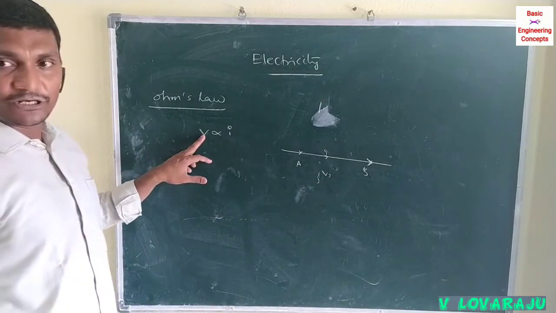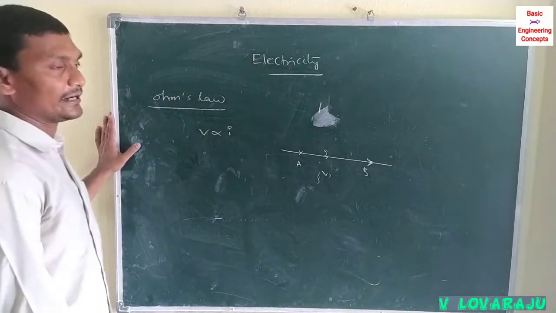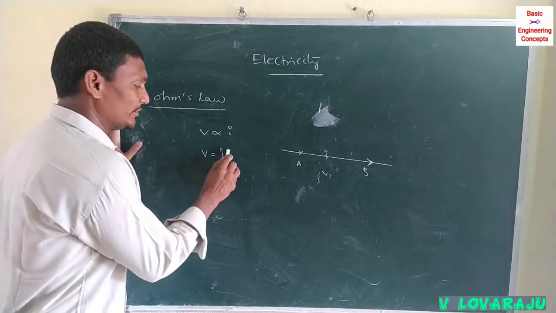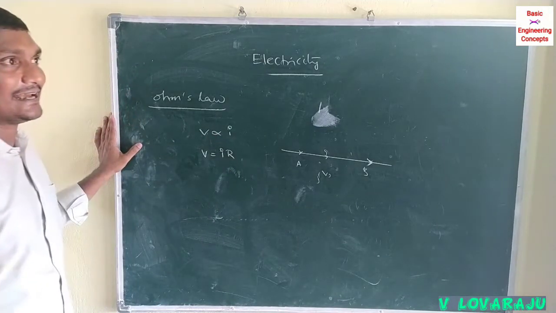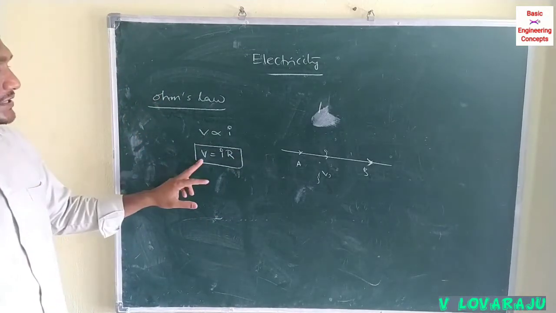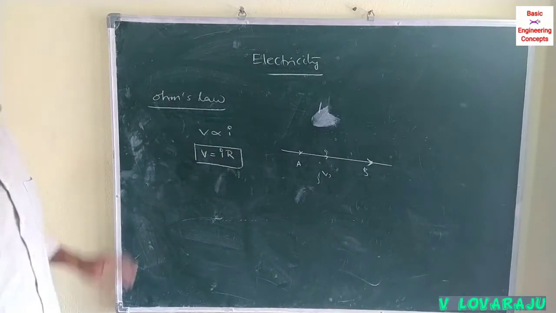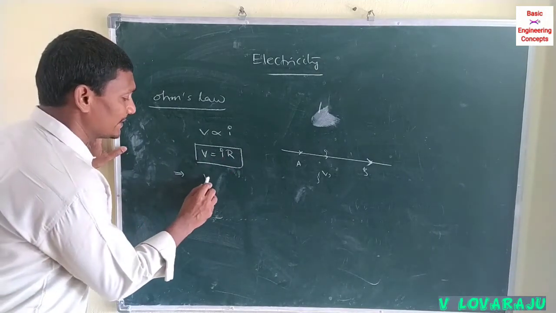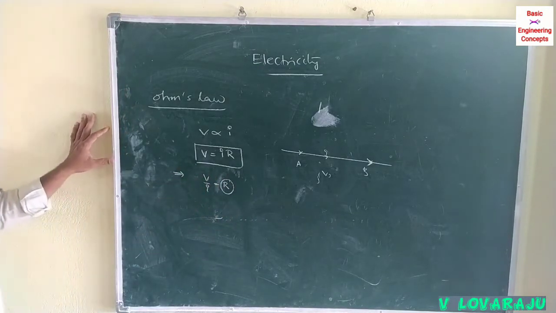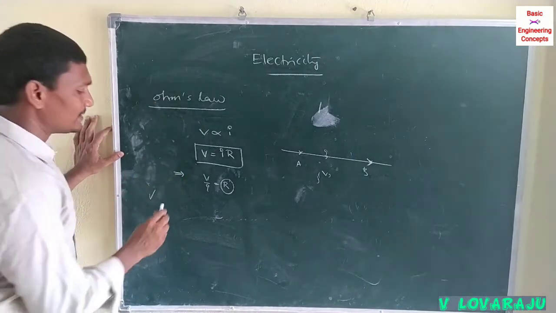That is, the potential difference across the ends of a conductor is directly proportional to the current flowing through the conductor at constant temperature. If you eliminate the proportionality symbol, you introduce a constant called electric resistance. This is called Ohm's law. According to Ohm's law, the potential difference across the ends is equal to the product of the current and the electric resistance. Another statement: the ratio of voltage to current is always constant, the proportionality constant, called R. Using Ohm's law, conductors are classified into two types.